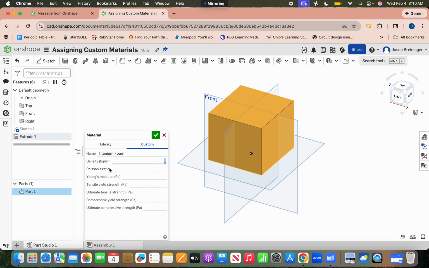And then I have all these things: Poisson's ratio, Young's modulus, tensile yield strength, ultimate tensile strength, compressive yield strength, and ultimate compressive strength. I'm not going to go into details on what all of these are, though. Young's modulus we have seen before. These ones we're going to kind of get into in the Principles of Engineering class. And then this one comes up every now and again,